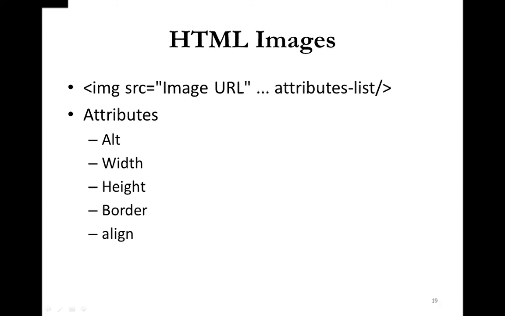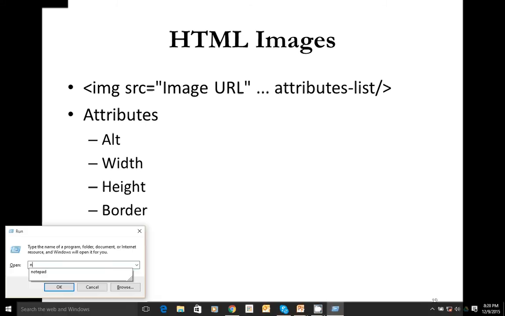In this video, we are going to discuss HTML images. In web pages, we can handle images with the help of these HTML image tags. So we have a markup tag called img along with attributes like alt, width, height, border, align, and of course src. So we are going to control the images on the web pages with the help of all these.